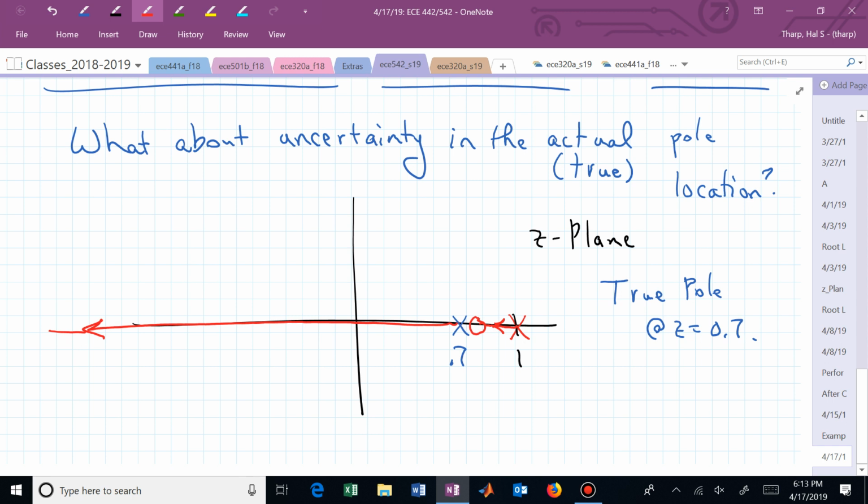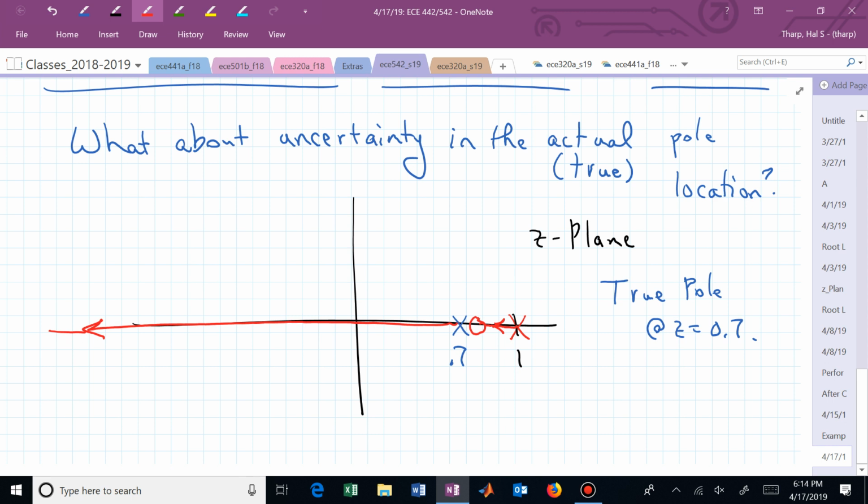How many closed loop poles do you have? How many branches of the root locus are there? How many X's do you see on there that aren't covered up with zeros? You have 2 branches. You have 2 closed loop poles. We actually had 2 closed loop poles in the earlier design. It's just that one got immediately canceled with that zero at 0.75, so effectively we only had 1 closed loop pole.